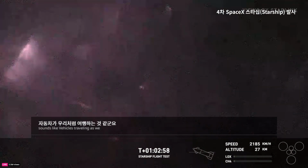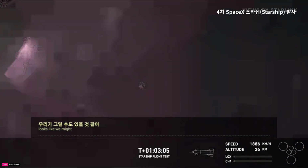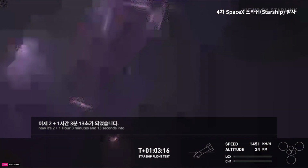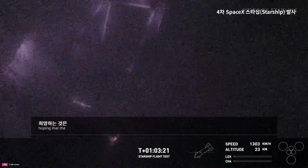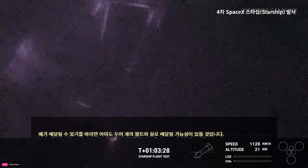Sounds like the vehicle's traveling, as we just heard, Mach 2, which is... looks like we might... I thought maybe it might clear up. It is a little bit, now at T plus 1 hour, 3 minutes and 13 seconds into Starship Flight 4, hoping that the ship can hang on. It's probably potentially hanging on by a couple of bolts and threads, but it's still going, and that is excellent